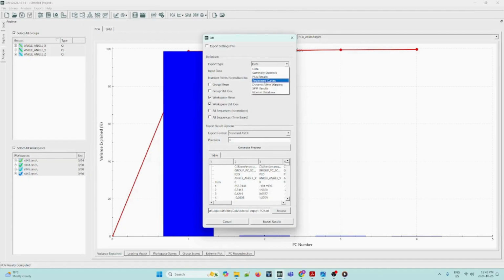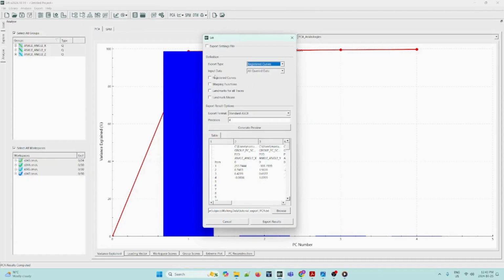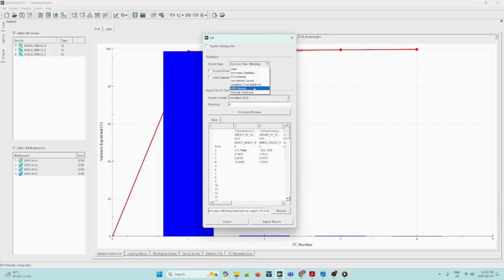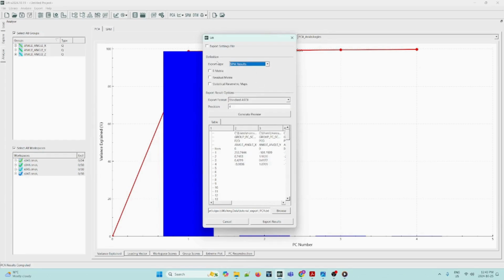So again, registered curves has a different set of definitions and settings for the exporting, and so do dynamic time warping and SPM results. So this is all based on what the user wants to export, and this is all available within this feature in SIFT.